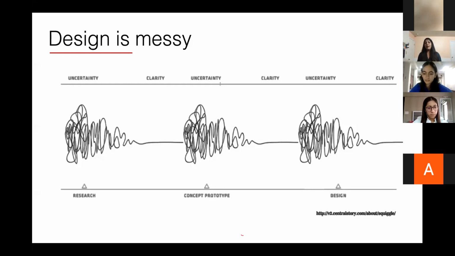There's so much to think about in terms of the environment they're going to be using it in. If it's a web app that they're using outside in the sun, for instance, you don't want colors to be such that it blinds them. If someone's using their phone while walking on the street and the glare is almost blinding them, they're not going to use it. So thinking about that while you're prototyping is very important, which again makes it a very extensive process. And then there's this moment of clarity when you've got something that you feel is good enough,